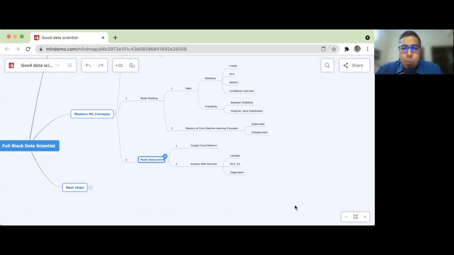Make sure you pick up one platform really well, end to end, meaning you're able to build models and deploy them, right? And deployment should also work. So we prefer, we're doing a lot of our work at Pixeltests on Google Cloud Platform. Amazon Web Services is also something that we're doing, but GCP is where most of our heavy lifting is done. Make sure you're familiar with all concepts of Lambda, EC2, S3, SageMaker, so that you are fluent.